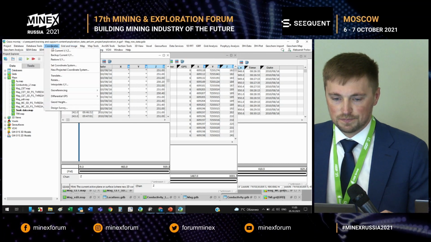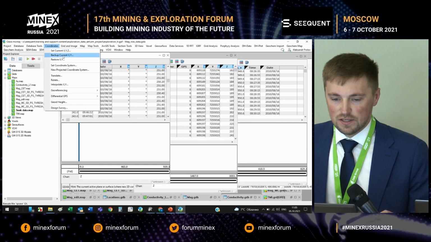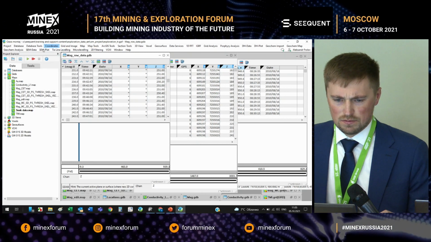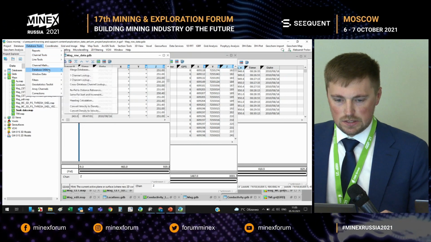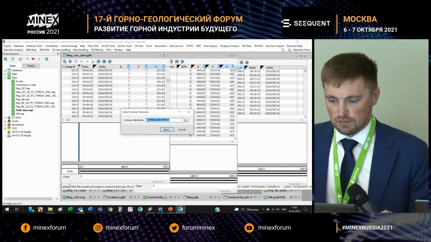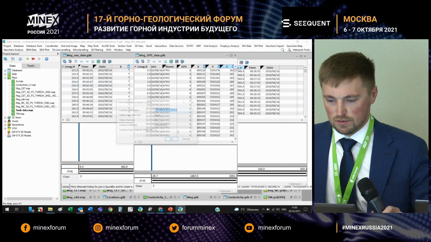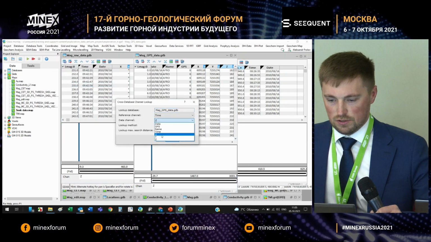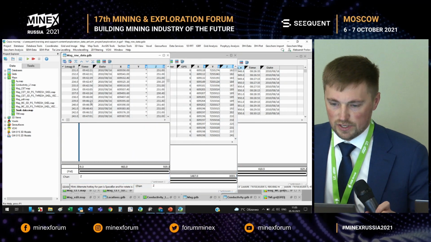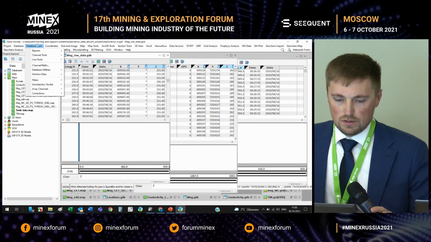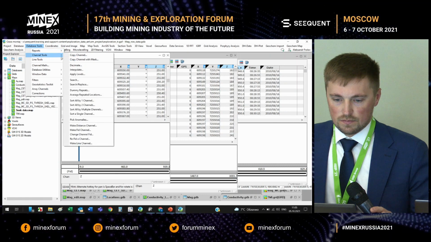So any information can be put in our program, and then we can also use a data filter, and this can be done automatically. Let me put X, Y, Z, and we'll start mapping.